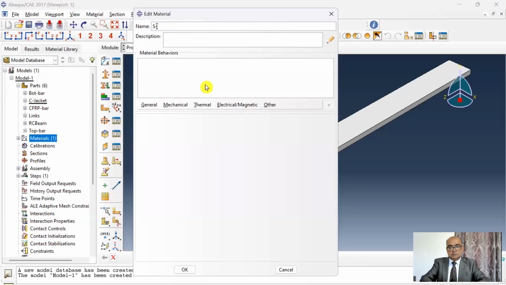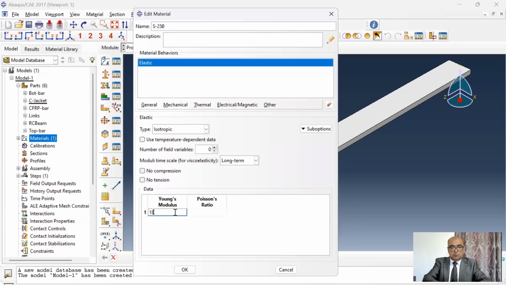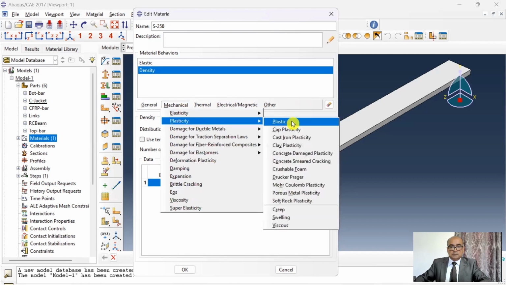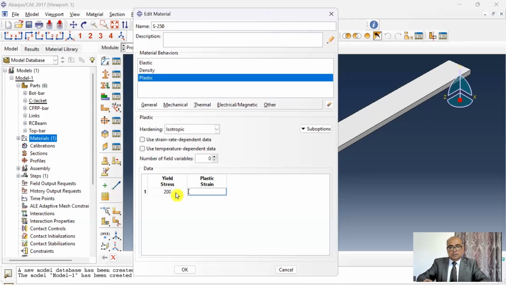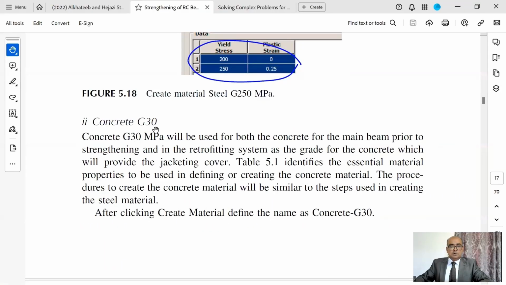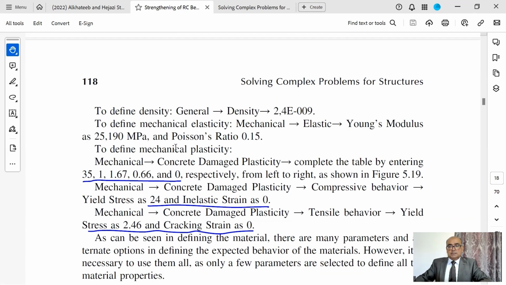Another material, S250, and elastic I will say 185,000, Poisson's ratio 0.3, and density is again 7.8 e raised to minus 9. Plasticity parameters are 200 with plastic strain 0, and 250 with plastic strain at 0.25, and then click OK. And then I will define concrete C30, and here I will use concrete damage plasticity, and I will